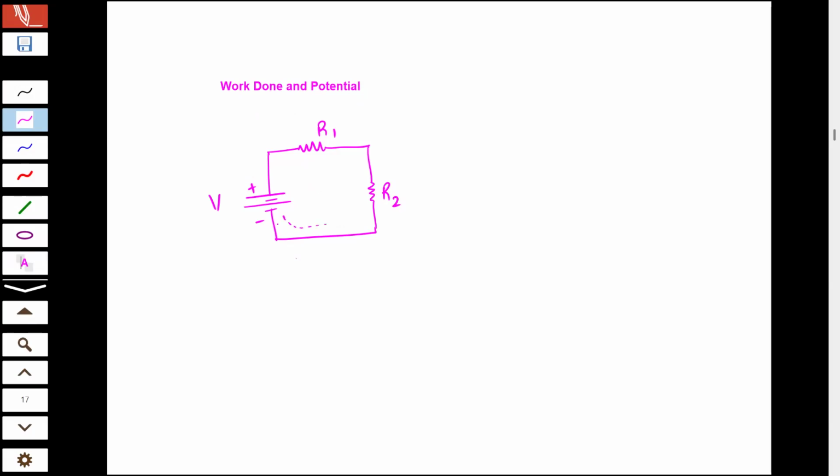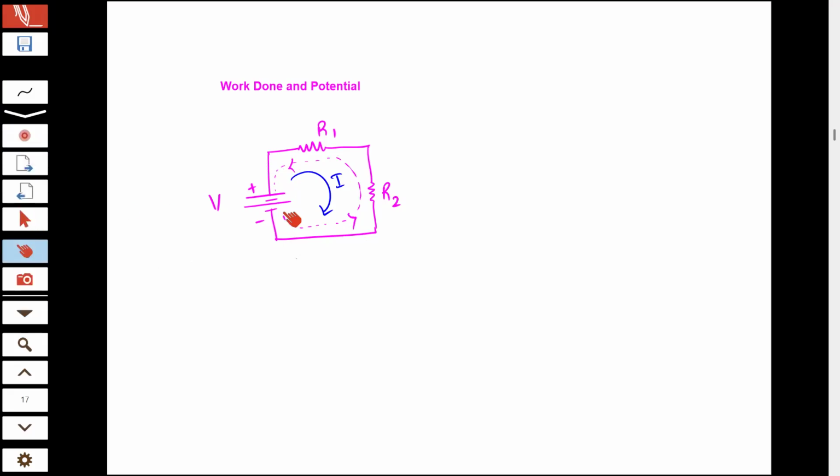The electrons will move from the negative terminal of this supply, go through this entire circuit, and come back to the positive terminal to complete the circuit. And we also know the direction of conventional current is opposite to the direction of charge flow. So we usually consider the direction of current to be from the positive terminal to the negative terminal of the supply voltage. But the actual flow of charges is from the negative terminal to the positive terminal through this closed path provided